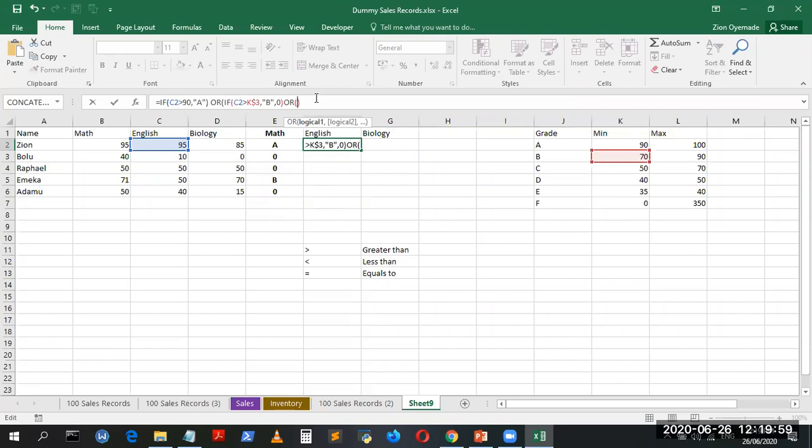Or if C2 is greater than 50, value if true is C, and then the value if false